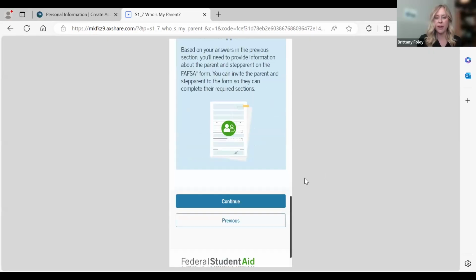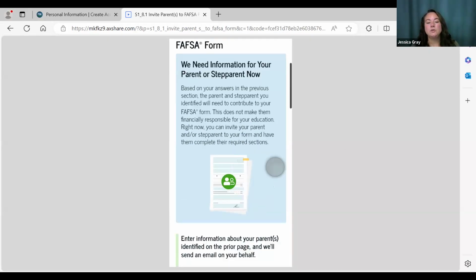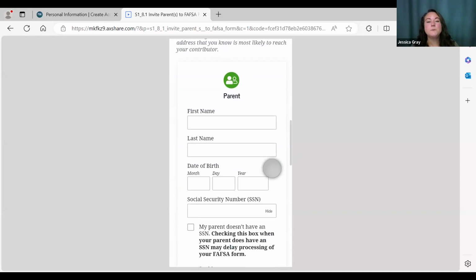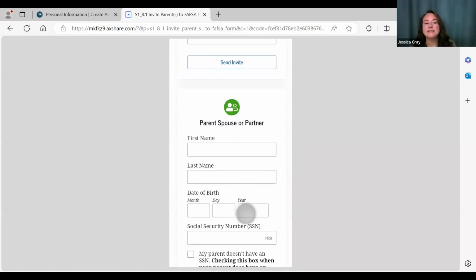it then will prompt you for information on your parent's spouse. Okay, so on this page, you get to invite your parents. The first parent that you put in will be your main parent that will first fill in their FAFSA information. The second portion is their spouse. So if your parents are married, then you would put whatever parent likes to fill out forms for you first,